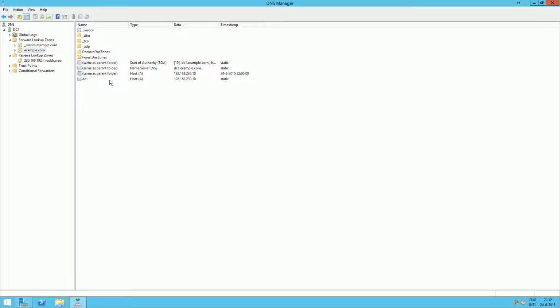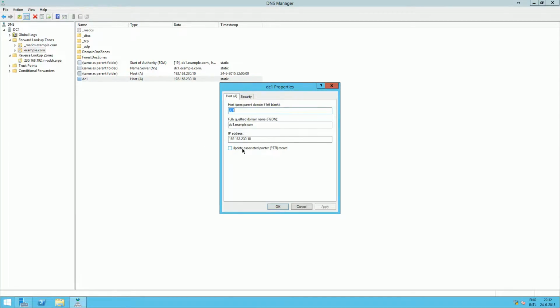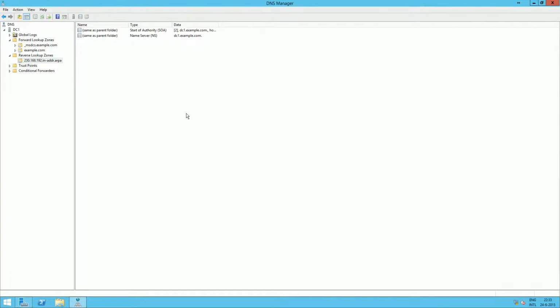How to create this in example.com, just right click your DC, go to properties, and then check update associated pointer record PTR, and if you go back to the reverse lookup zone and you just refresh it, you will see that the PTR is created. So now